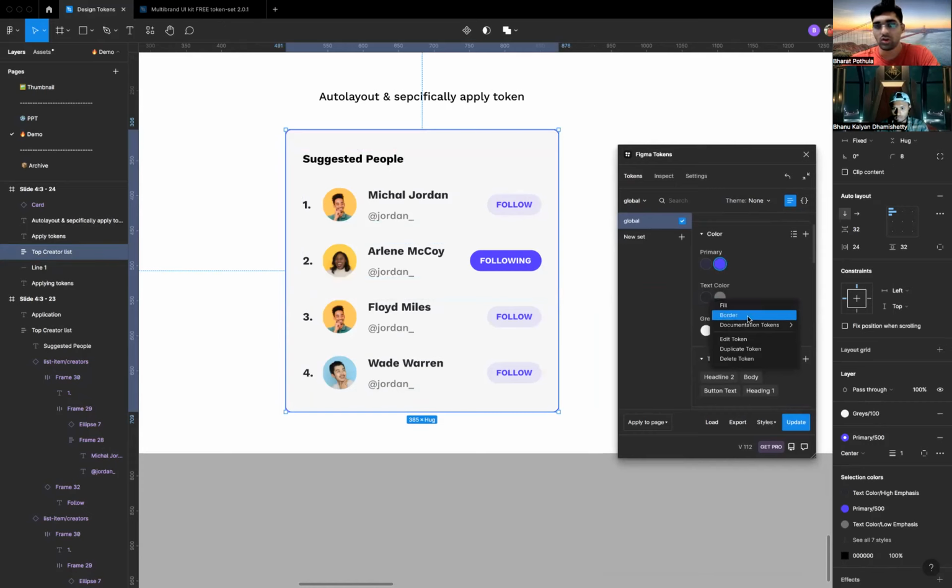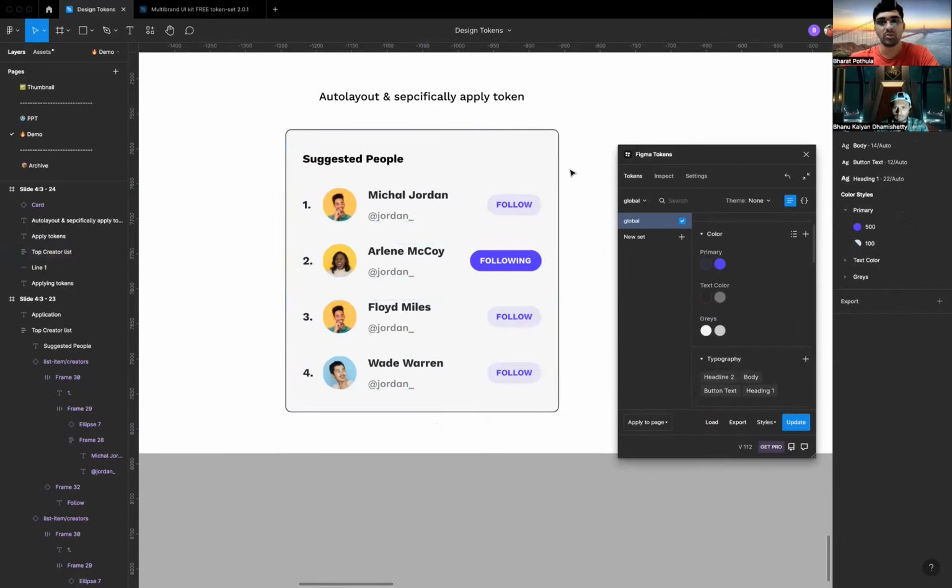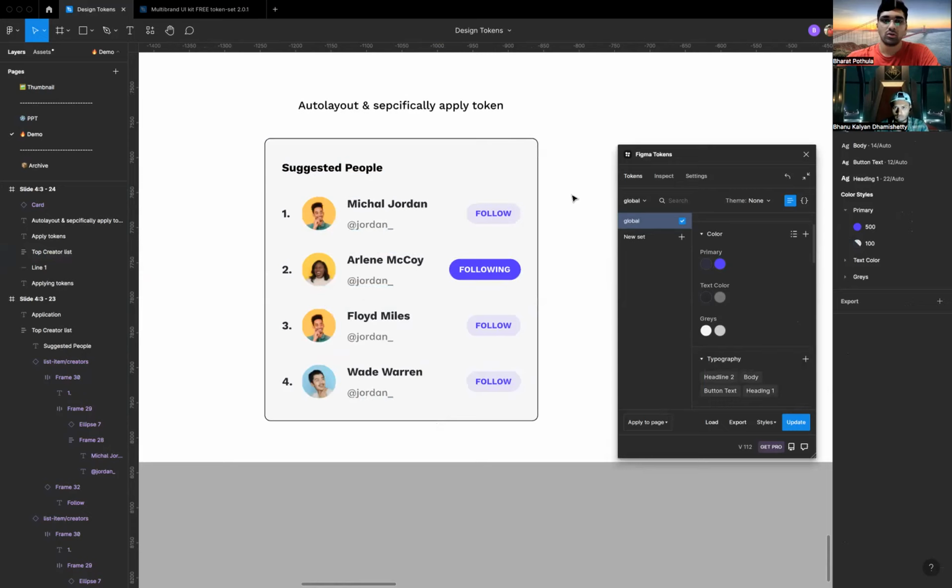duplicate token, or delete token. So by default, fill is the action that's going to apply, but what I wanted was border. So I right clicked on it and selected the border. As you can see, it has turned from purple to black. So that's how you apply something specifically or by default. So now going ahead,